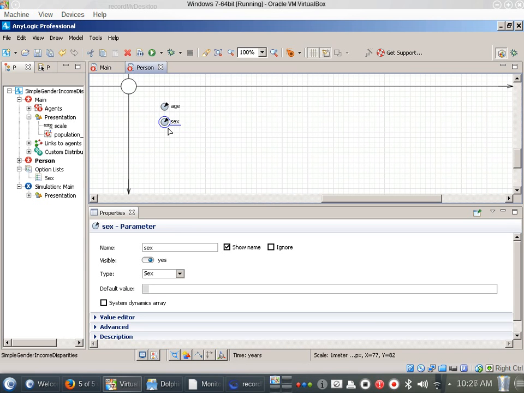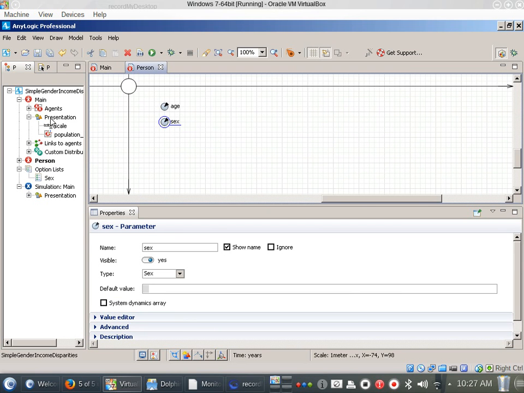What we're going to do: the question was asked earlier, and it's a great question. How do I impose a joint distribution on income and sex, so that one sex has, say, a higher income distribution than another, or vice versa? Well, the easiest way to do this in any logic is to decompose it into a marginal distribution and conditional distribution. So you could have age, sex, ethnicity, and there could be a distribution for maybe sex first, and then you make the distribution of age contingent on sex, and distribution of ethnicity contingent on age and sex